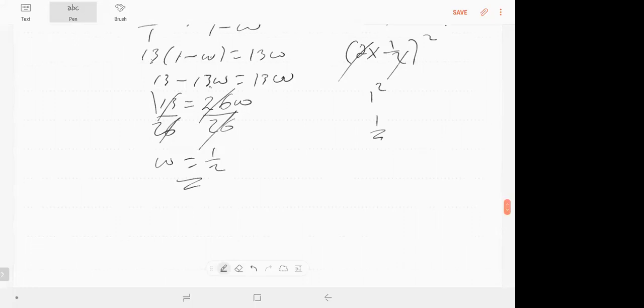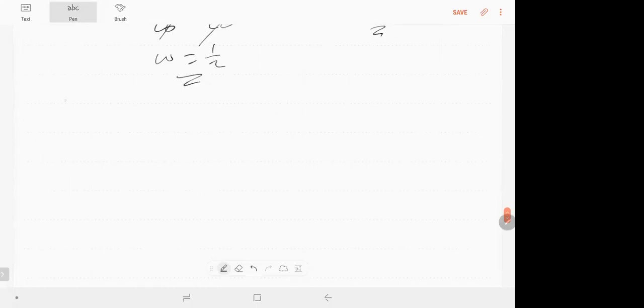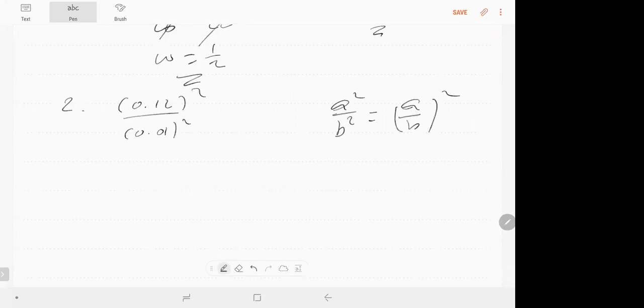እሺ፣ ቁጥር 2፣ ሲምፕሊፋይ አድርጎ የተባለው። አንዳንዴ ሲምፕሊፋይ ስናደርግ ፕሮፐርቲዎችን መጠቀም ስራውን ቬሪ ሲምፕል ያደርግልናል። ባለፈው ባይ ፕሮፐርቲ a square over b square means a over b square ማለት ነው ብለናል። So let us apply the property, so by this property this is equal to